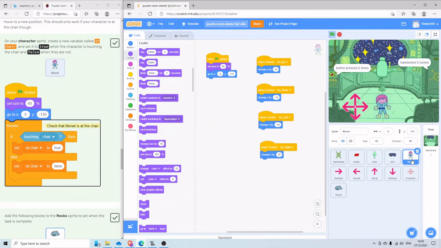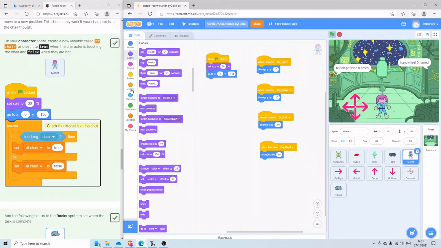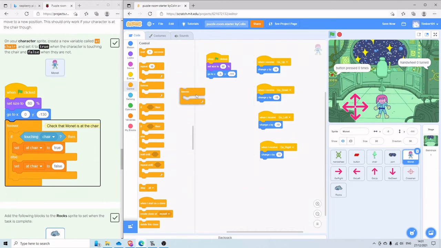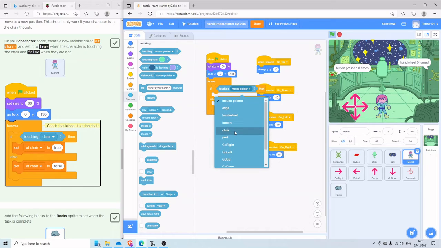Monet, we've got our start position in there, and on the code here, we're putting a forever loop. Control forever. And then inside that, an if then else block, if then else. If he's touching chair, then